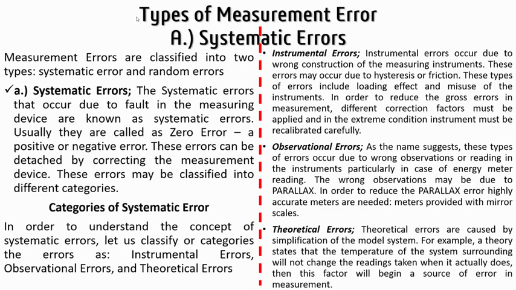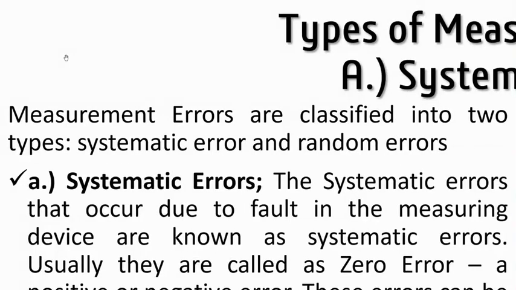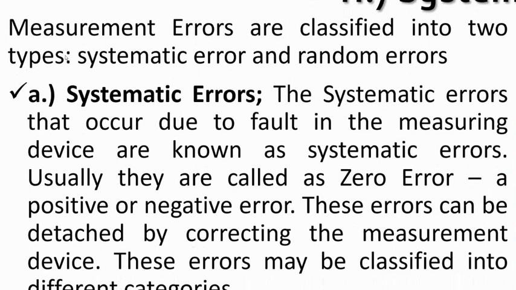Now let's look at the measurement error and talk about the types. There are 2 types of measurement error: we look at the systematic error and then the random error. So we are going to look at the systematic error first. Now, the systematic error